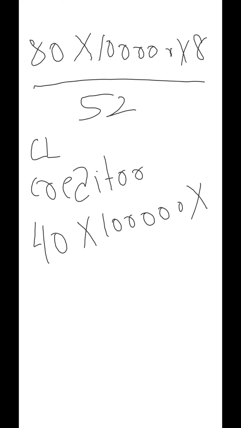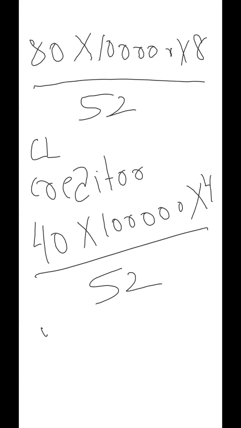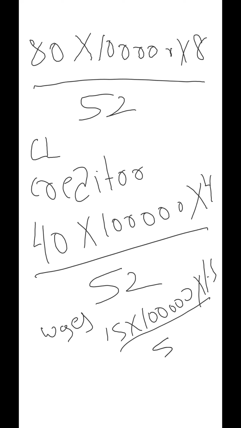Okay, now if you can see, credit allowed by supplier is 4 weeks. That is 4 divided by 52. Yes. Now the payment of wages is 1.5 weeks. Okay, so what is your wages? What is the cost given to you? 15 rupees into 1 lakh number of units, and 1.5 weeks divided by 52. Is it clear to everyone now?